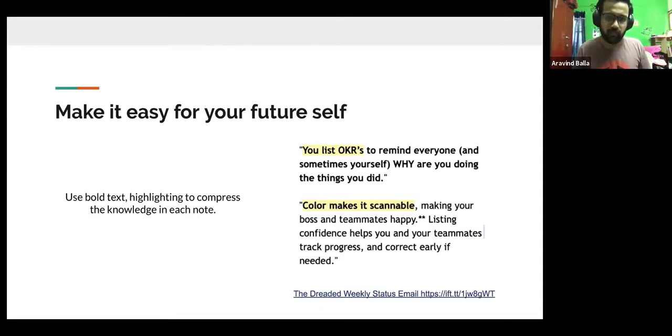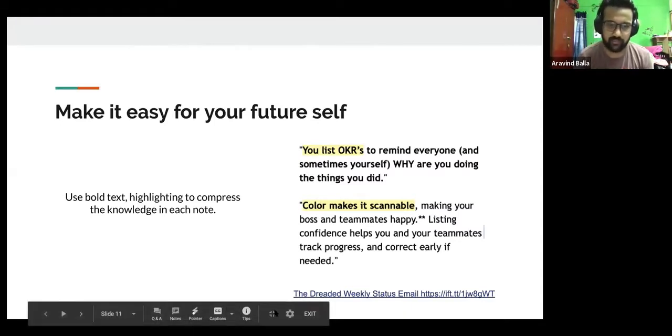Yeah. And this makes you think of your future self and lets you take notes for your future self. Think about what your 40-year-old self would want to get back from this note when they look at it. The context might be different, and reading these highlights makes it get into that context faster.